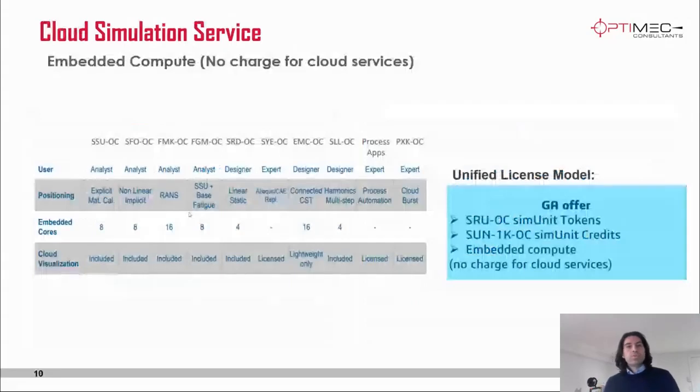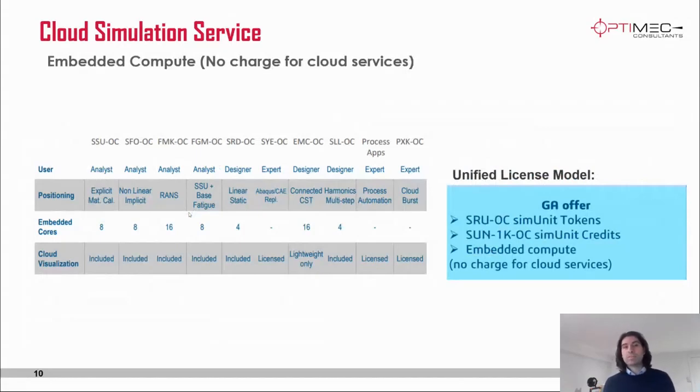Here I wanted to show you, depending on which simulation role you have, a table that I took from another presentation, where you see the trigram. If I take, for example, FMK, the fluid dynamics analysis role, it comes with 16-core embedded compute.